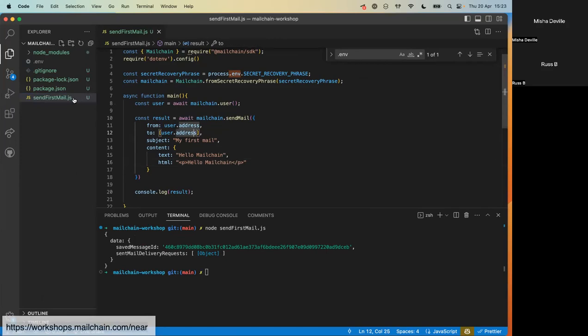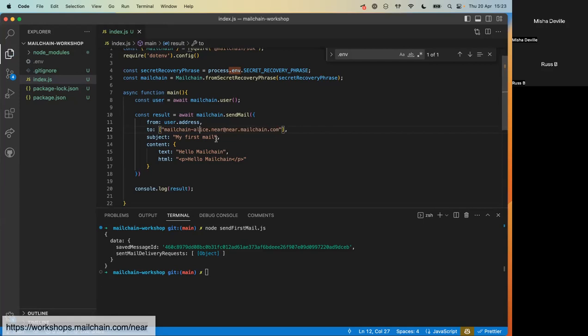I'm going to keep this as it is. Actually, I'm going to rename this file. I'm going to call it index.js. That's fine for now. I want to send it to a Near address, so I'm going to change this to Mailchain-Alice.near, and it's at near.mailchain.com. And for those of you that have noticed, just calling it out, that's a fully